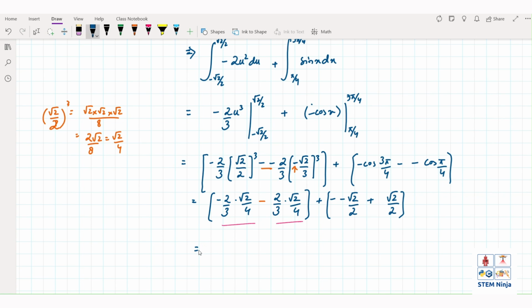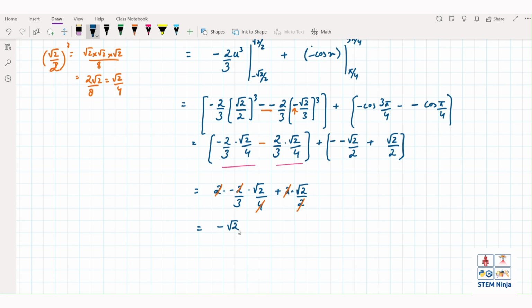So this is just simply 2 times negative 2 over 3 times root 2 over 4, plus these two terms are also positive, so root 2 over 2 times 2. As you can see, 4 cancels out with 2 and 2. 2 cancels out with 2 and 2. So we are left with